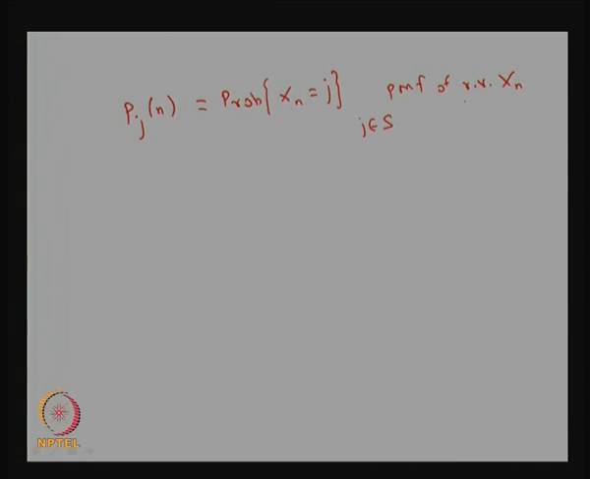This is the probability mass function of the random variable Xn. Similarly, I am going to define the conditional probability mass function as p_jk of n, that is nothing but what is the probability that Xn takes a value k given that